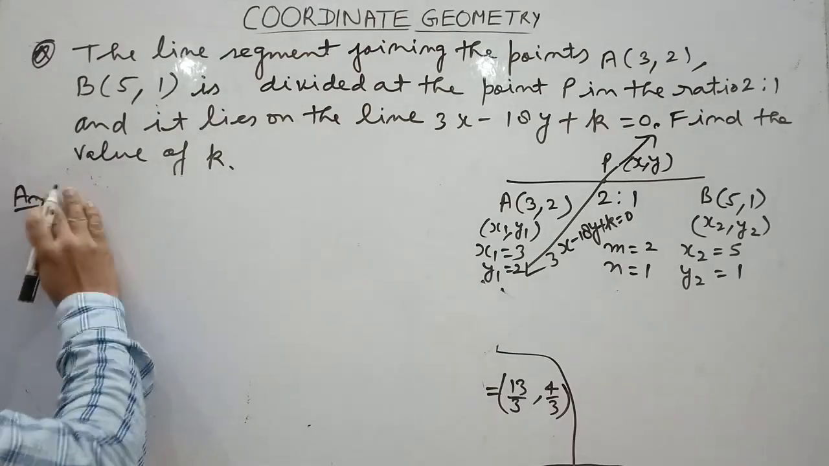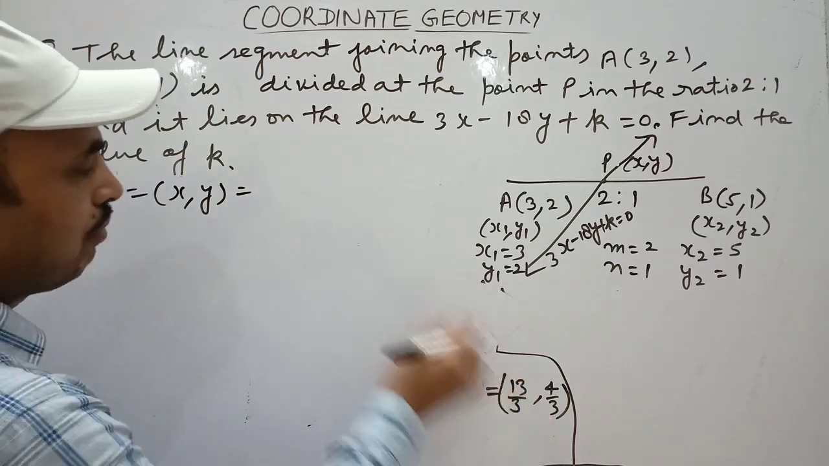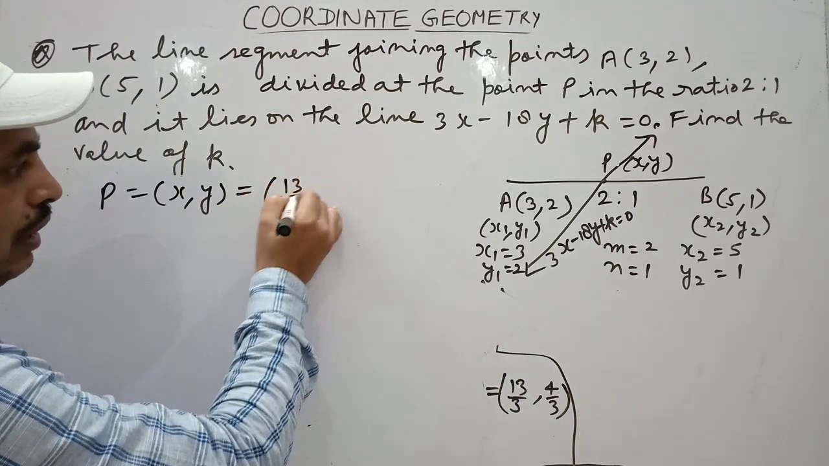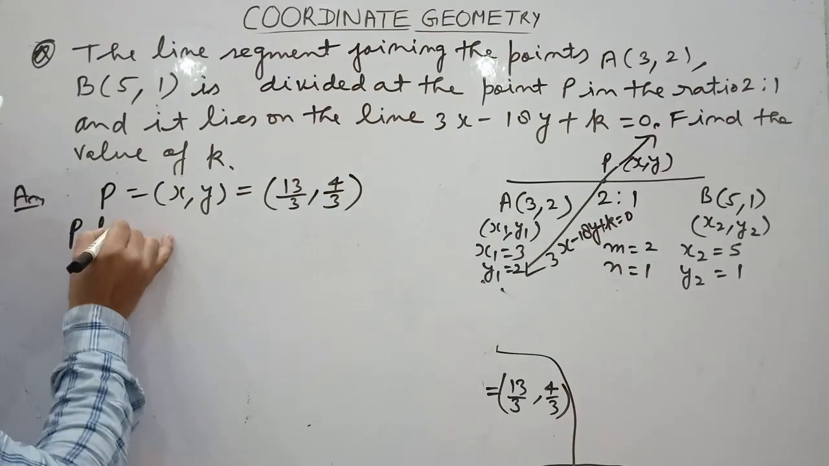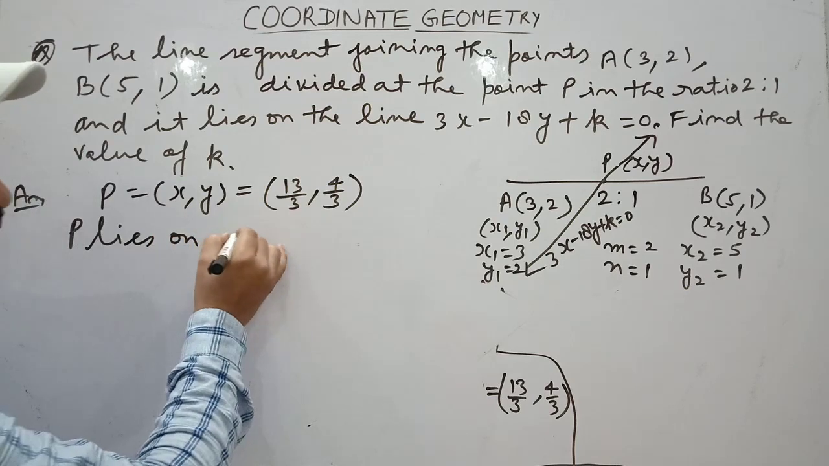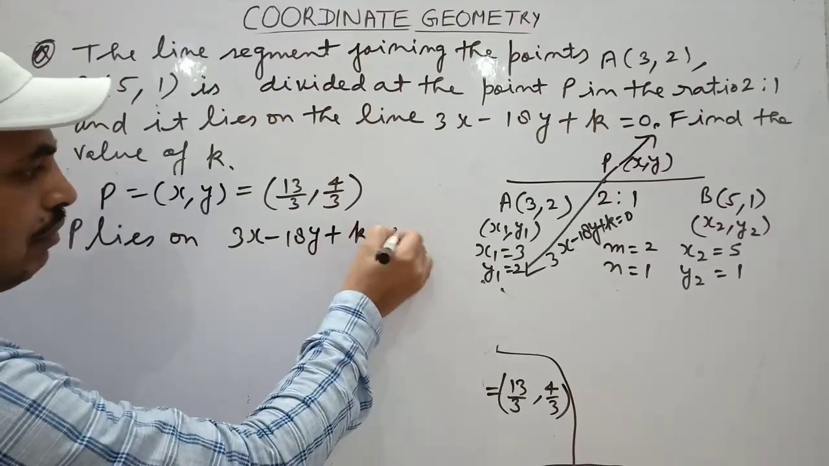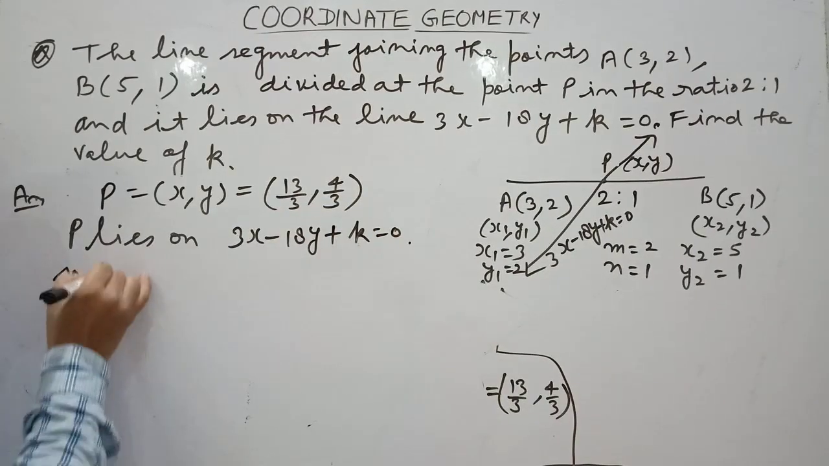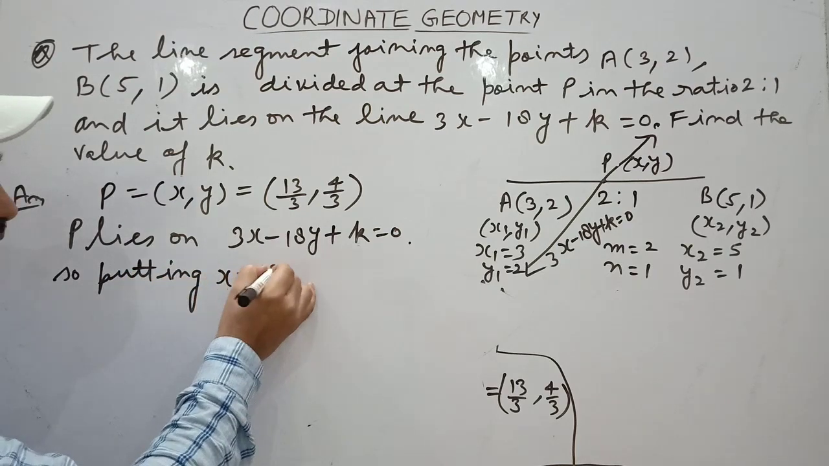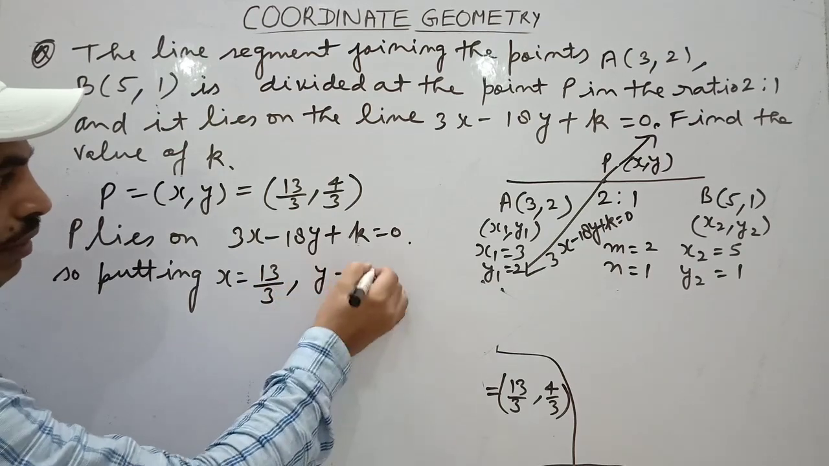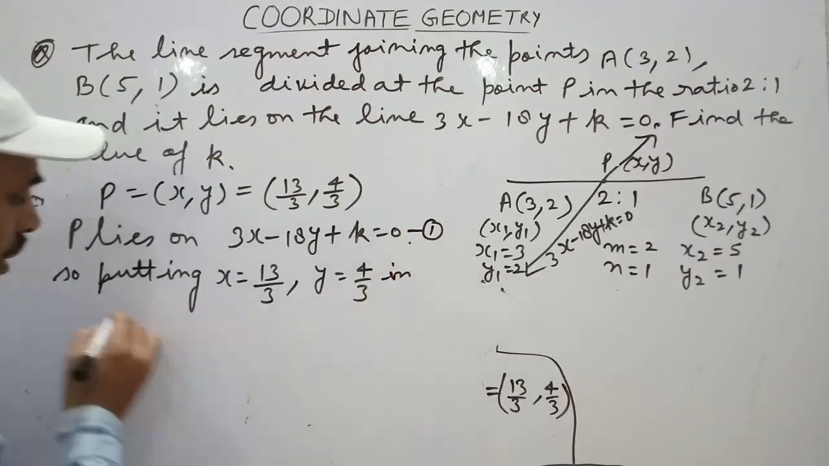The coordinates of P are x comma y equal to 13 upon 3 comma 4 upon 3. P lies on 3x minus 18y plus k equal to 0. So putting x equal to 13 upon 3, y equal to 4 upon 3 in the equation first,